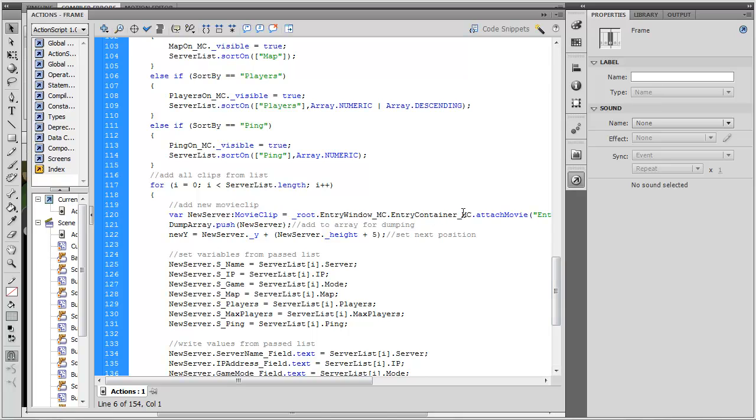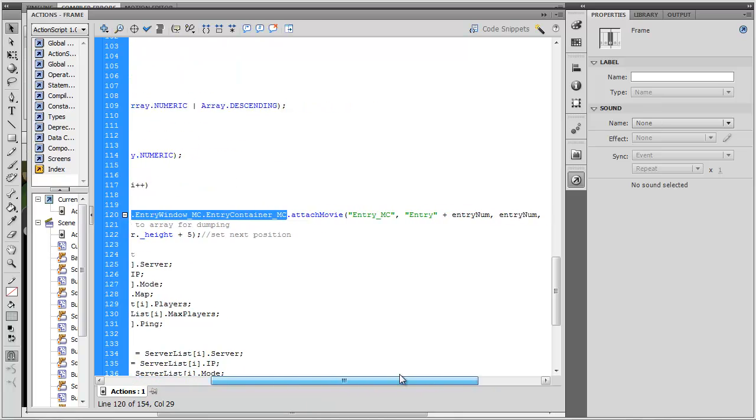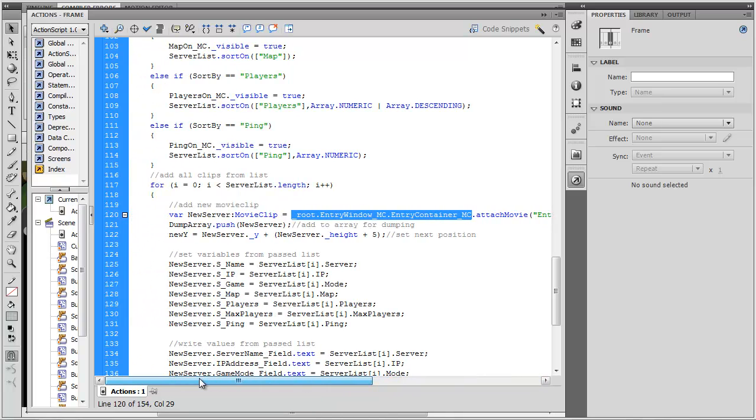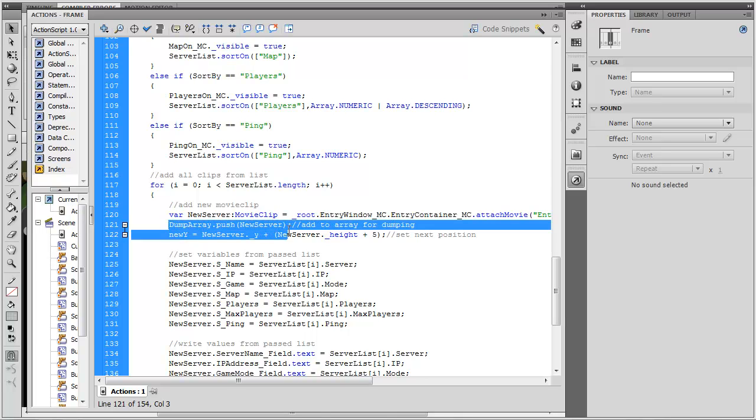So remember, I'm putting it inside of this movie clip here. So the X and Y are in the top left corner of that movie clip. Okay, the 0, 0 are in that movie clip. So the very next thing I do after I add the dynamic movie clip is I add it to a